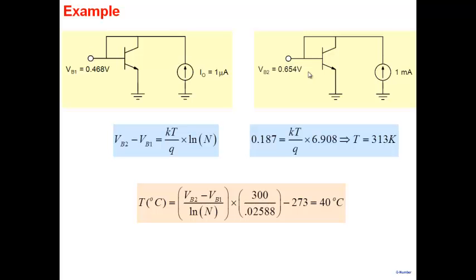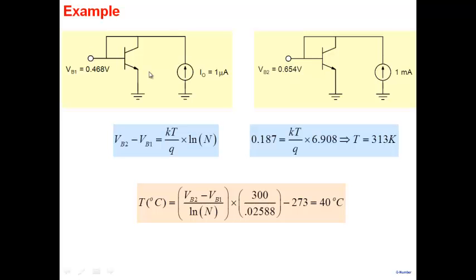Okay, so he's raising a point that what I'm measuring is the temperature of the transistor. The issue he's raising is that when 1 microampere current flows through it, what is the power dissipated in the transistor? Roughly, power dissipated in this case would be 1 microampere multiplied by 0.468. That's the power dissipated here. And here is 1 milliampere multiplied by 0.654. So you have a valid point, but you know,